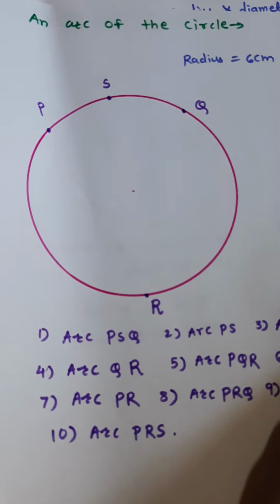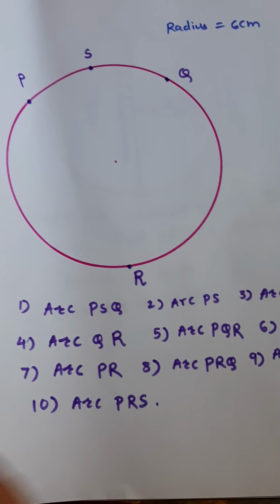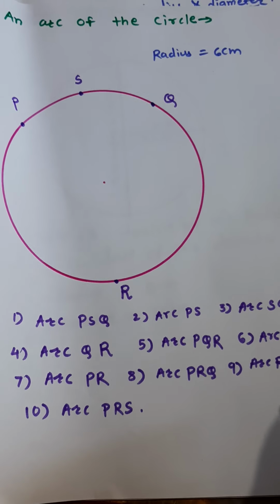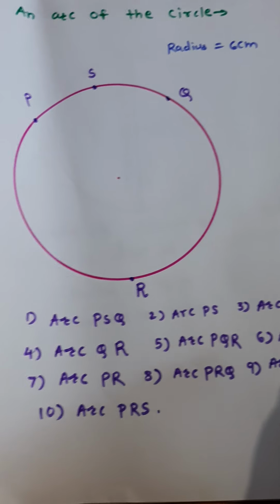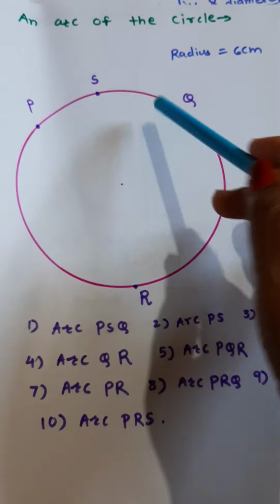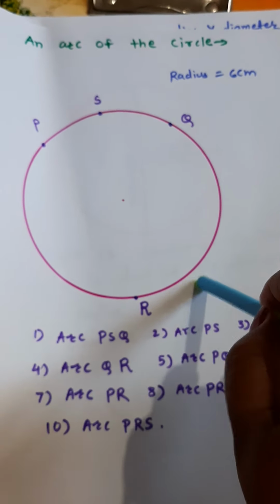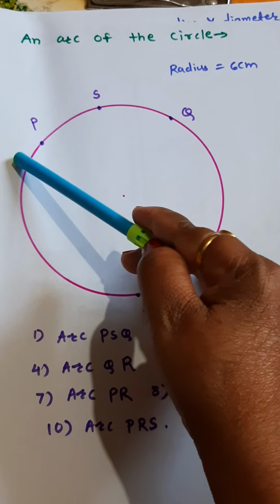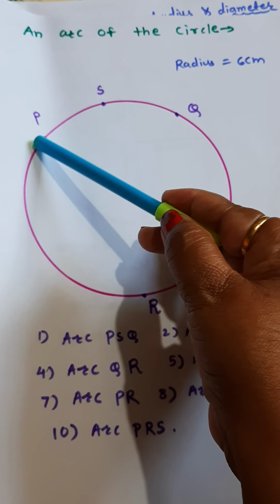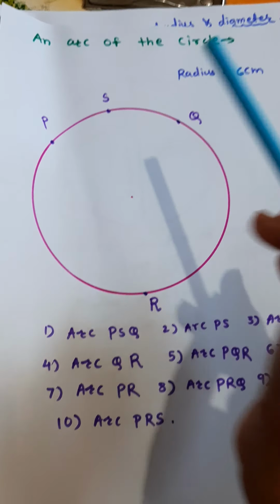Like this way you can write so many names. You can take 2 points or 3 points from clockwise or anti-clockwise direction. You will get so many names of the arc. When we join two points, we get 2 parts of the circle. Okay? Arc understood. When we join any 2 or any 3 points on the circumference, this part of the circumference is called an arc of the circle.